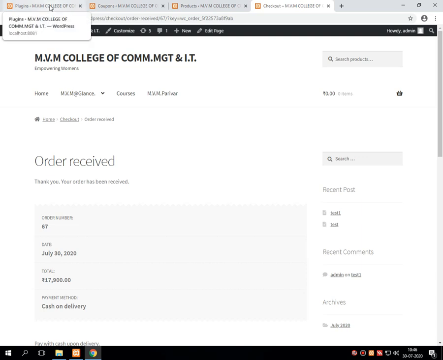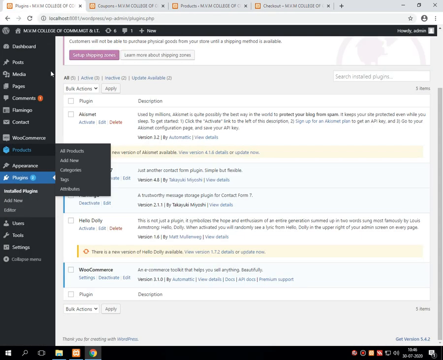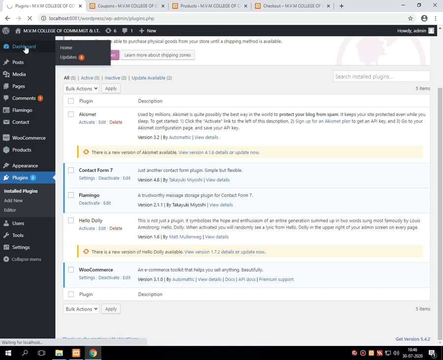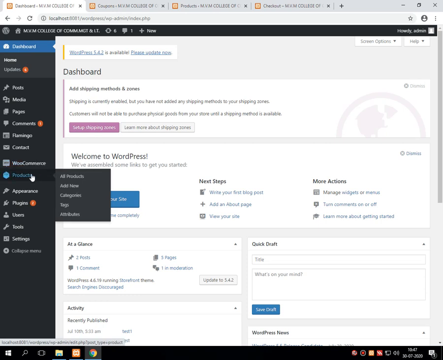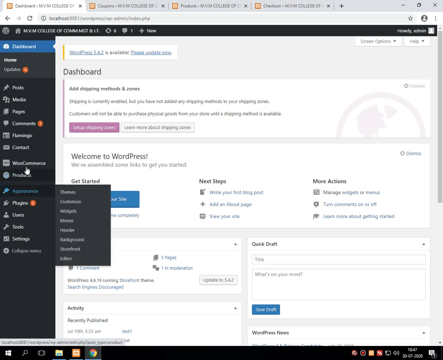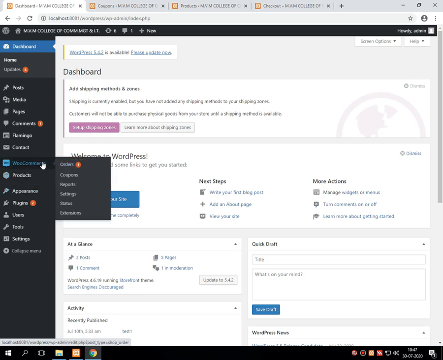For that, just go into the dashboard, and into WooCommerce. Before Coupons there is an Orders option. Just click on that Orders option.